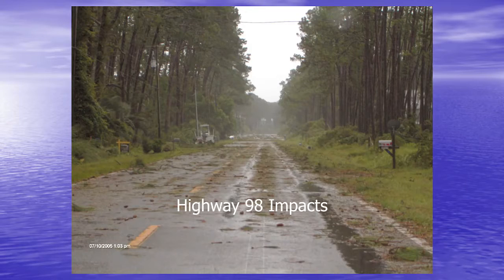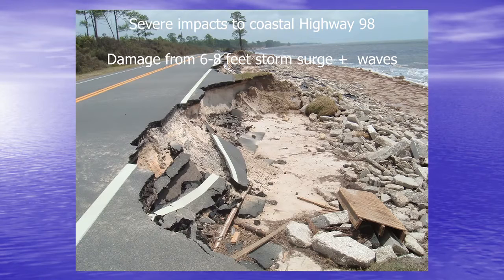There was also significant impact to the transportation corridor through that area, Highway 98. The storm surge came up and pretty much took out everything on the Gulf Coast side. Sometimes it took out one lane, sometimes it took out multiple lanes. It was due to the impacts of both the storm surge and the waves, whose heights were greater than 12 feet at times,